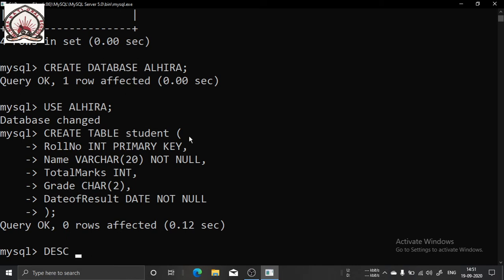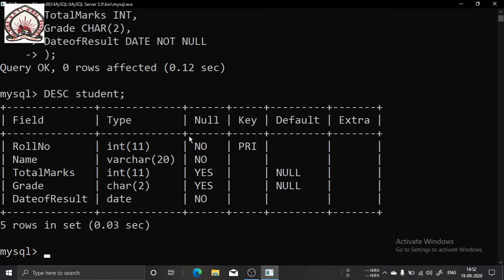So I will type DESC student, then I give a semicolon. You can see the structure of the table has come. You can see the roll number I have kept as the primary key, so it has come as the primary key, and the table has come as it is. There is no extra information.